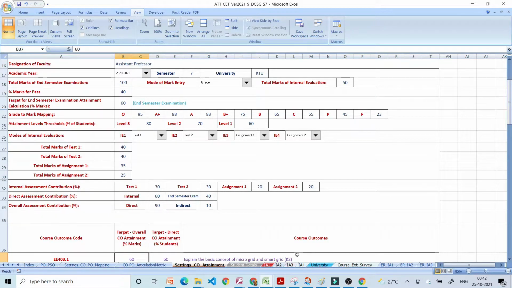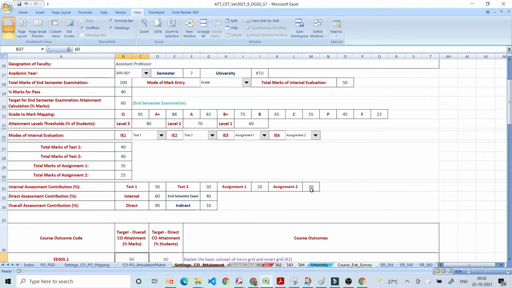It is decided to give 60% weightage for test and 40% weightage for assignment. So test 1 is given a weightage of 30%, test 2 is given a weightage of 30%, assignment 1 is given a weightage of 20% and assignment 2 is given a weightage of 20%.